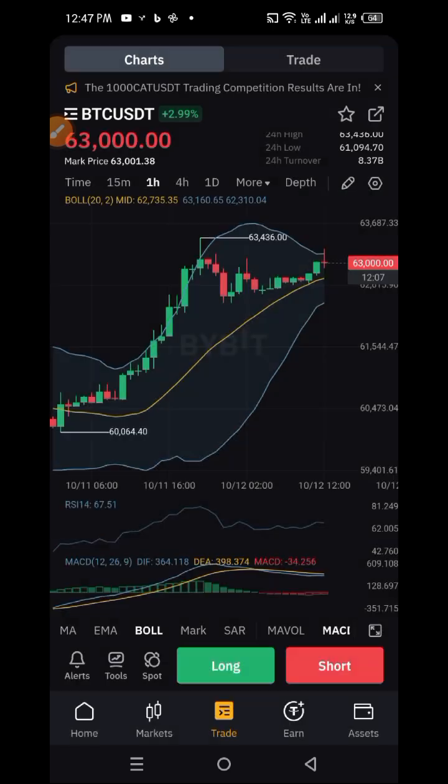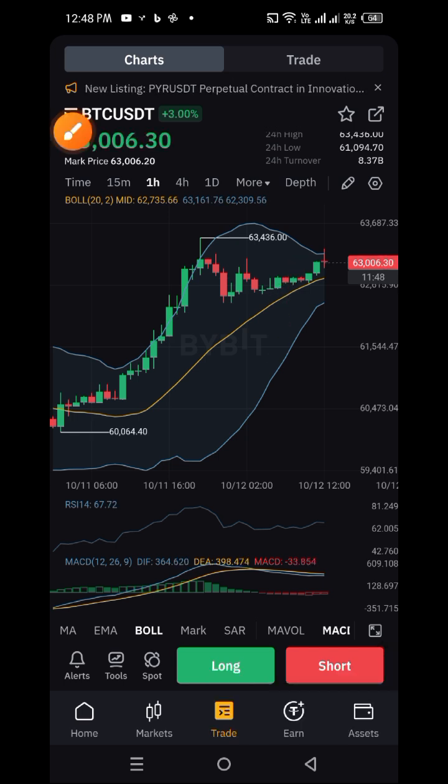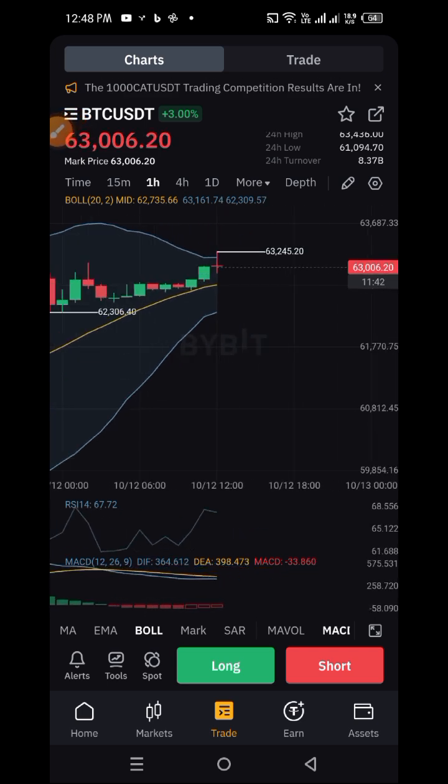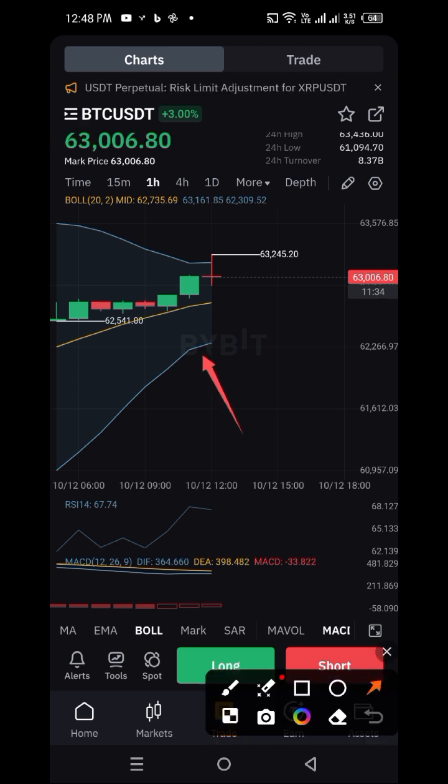Okay, so I want to just explain a basic concept here. Look at this. This is the Bollinger Bands. It has two lines. These are the lines that represent the Bollinger Bands. You see this blue line here, and the blue line at the top. Those are extreme market prices. When a candle forms at this region, just listen closely. When your candle forms at this region, and